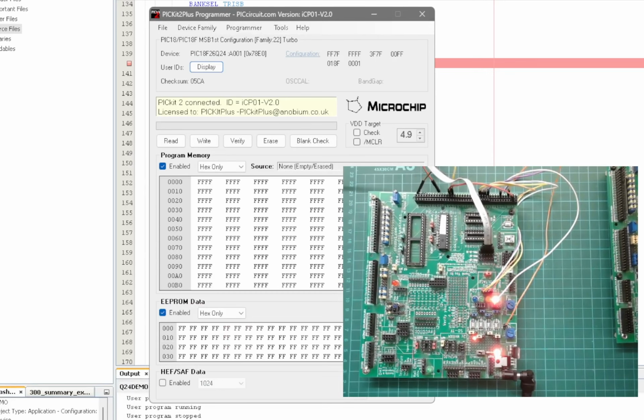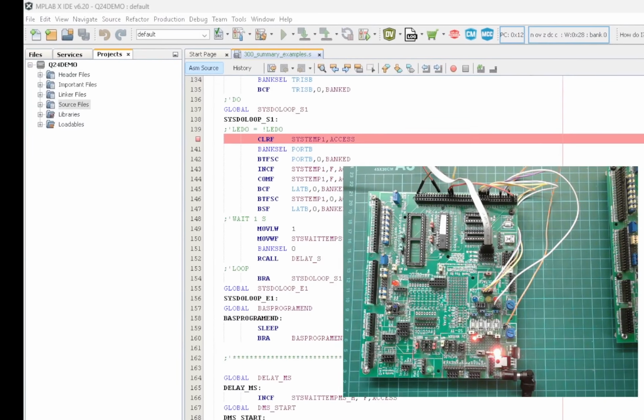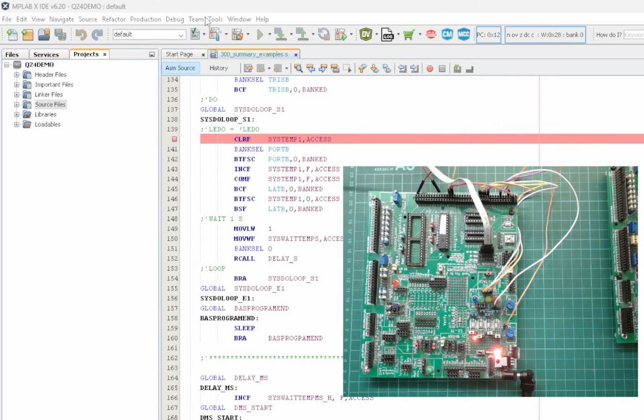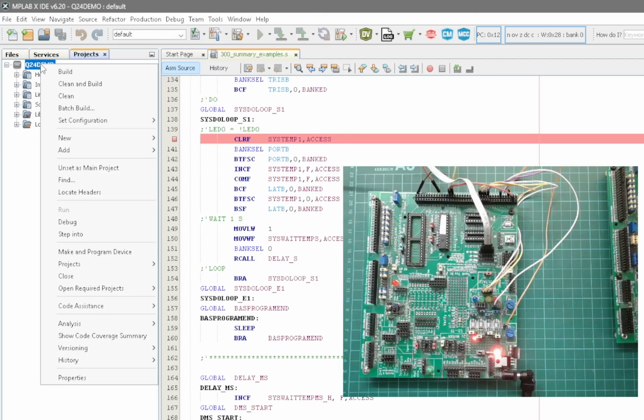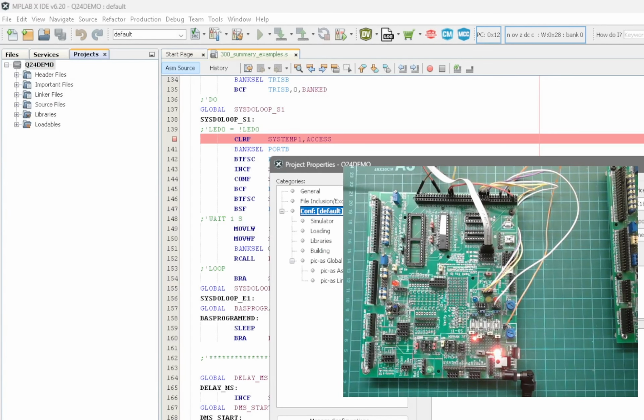So 1, you can walk the code in MPLAB-X. I've shown you how to do that. Now we're going to program it from MPLAB-X because you might want to make changes, see how it all works. So in MPLAB-X, I am just going to make a little change. Right-hand mouse button on the word demo, and then go into properties. And this is documented in the PowerPoint, because in a moment, I'm going to go over to the PowerPoint to get the commands. First thing you need to do in the simulator, if you want it to actually do anything properly,